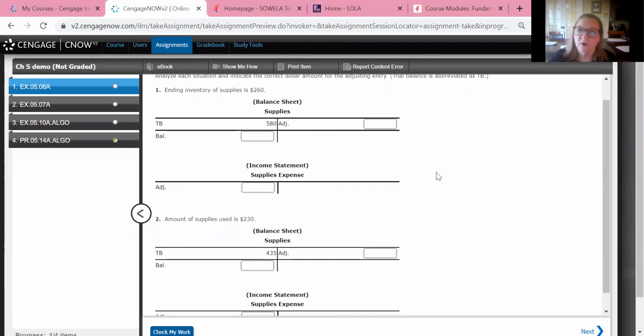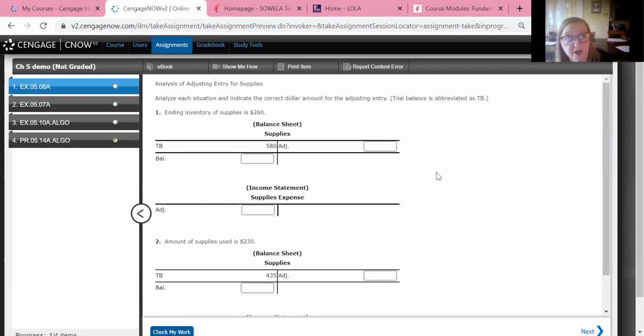Okay, so we are going to work some exercises from chapter 5, and this is going to help you learn how to do adjusting entries better. All right, so the first one we're going to do is exercise 5.6a, and I think your homework problems this time,